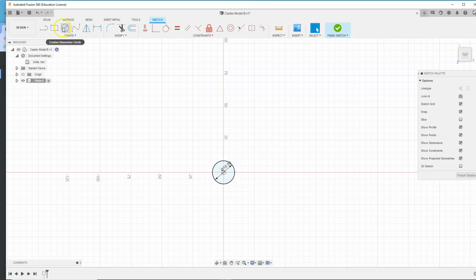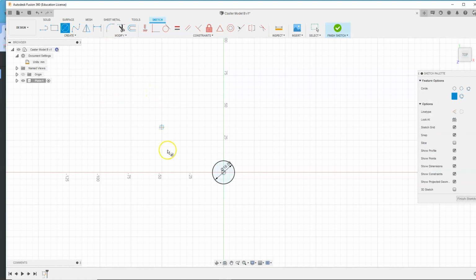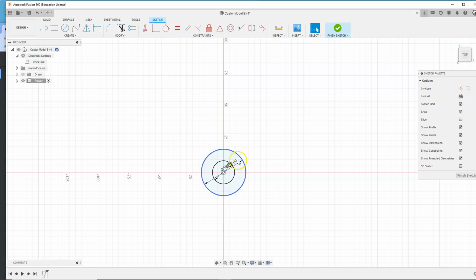I can come back up here and grab the center circle again, or I can just hit the letter C on my keyboard. Snap the center to the origin, come out to 36, and hit enter, and it'll put it to the correct size. I'm just going to click on those dimensions and drag them around so they're not in my way. My third circle is 90 millimeters, so once again hit the letter C,